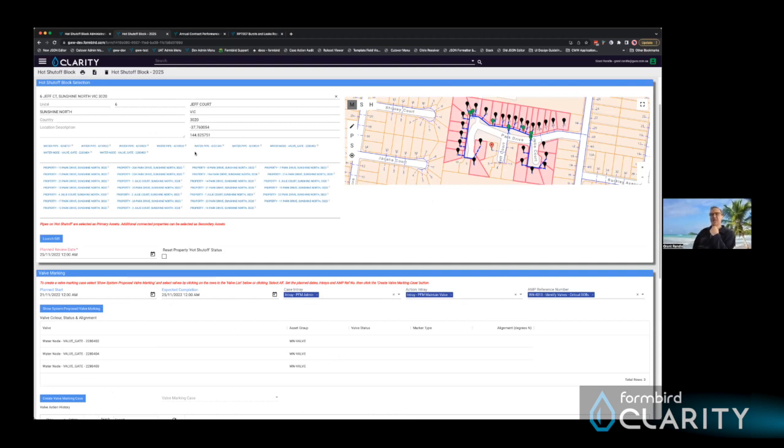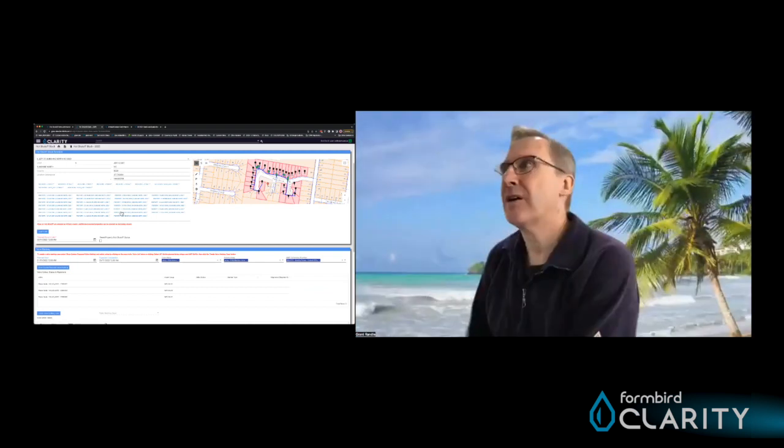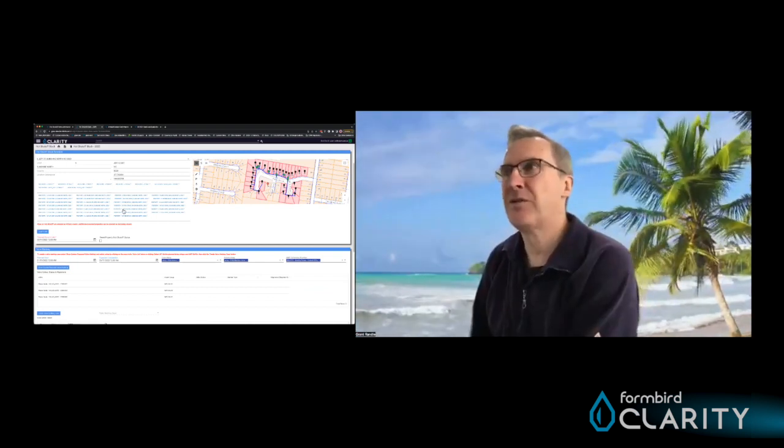So this is a project to look at the marking of hot shutoff blocks. Greater Western Water go around when they determine that a service area or a shutoff block has been interrupted more than how many times is it, Lockie? 5 times in a year, or a certain other period over 3 years. Yeah, and when the pipe's set for renewal,